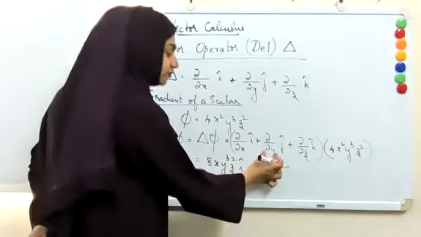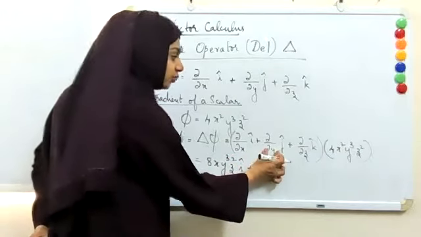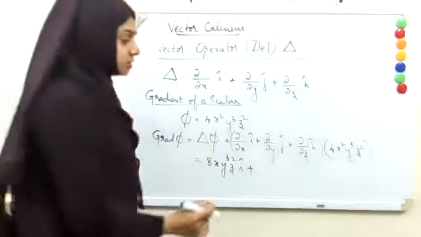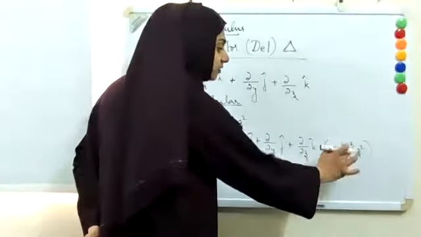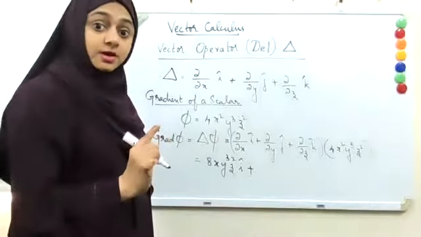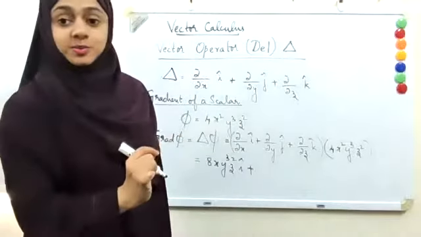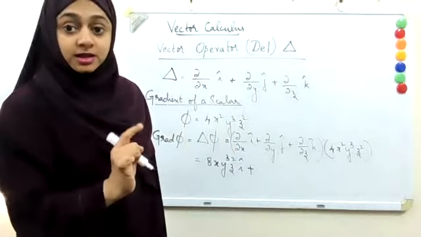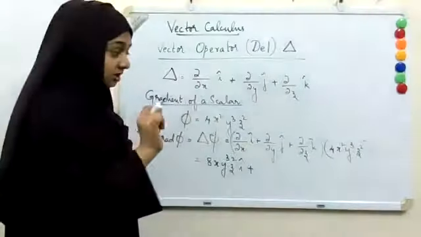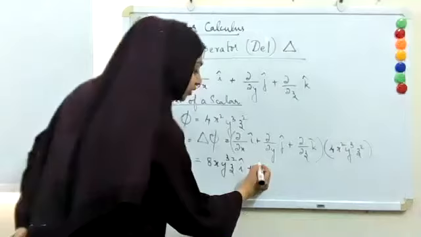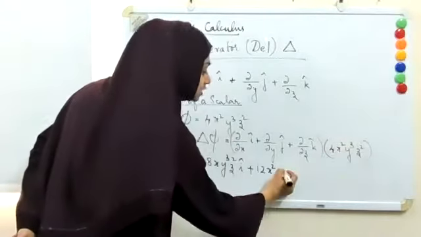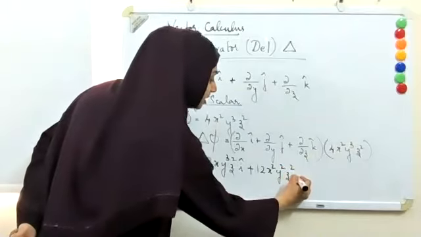Plus, now we have to differentiate this with respect to y, and we will consider x and z as constants. So 4x square will be there, z square will be there. What is d by dy of y cube? 3y square. So instead of y cube, we will put 3y square. 3 multiplied with 4 will give you 12 x square, then 3y square, right? So y square, z square, j